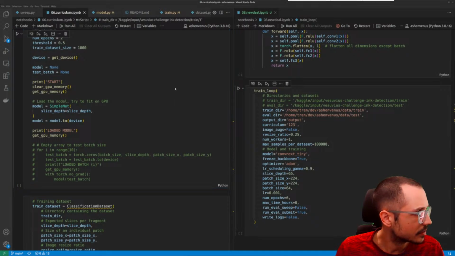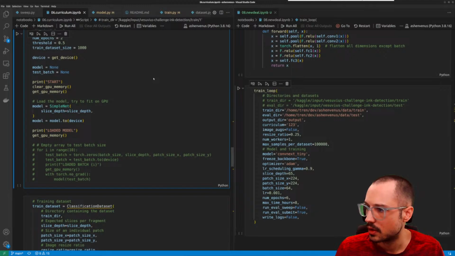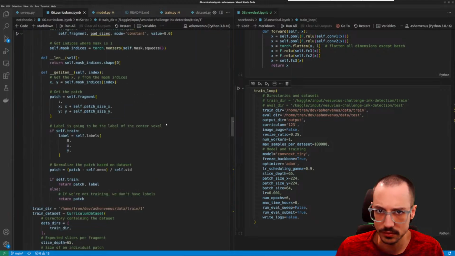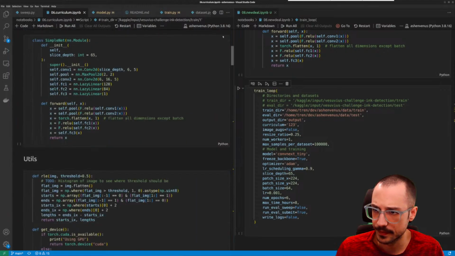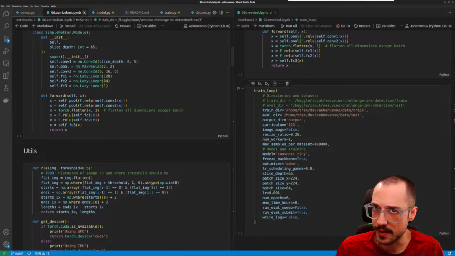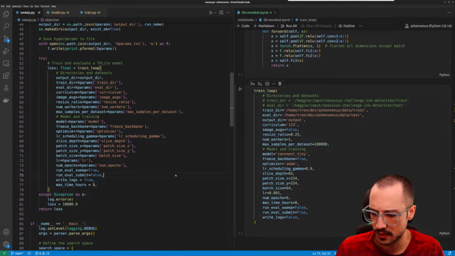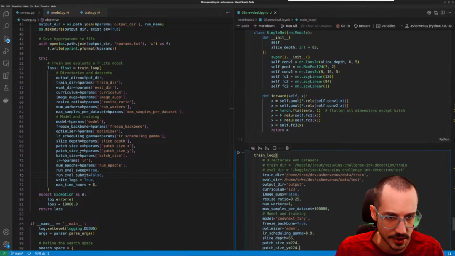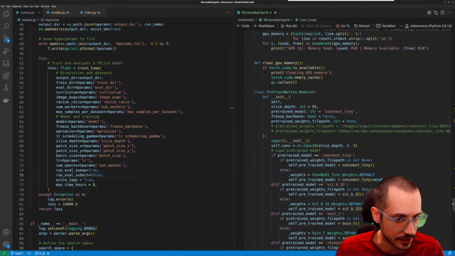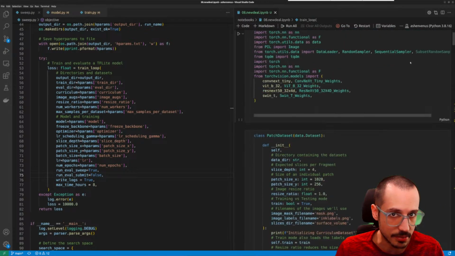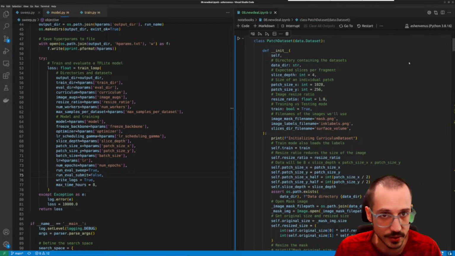Something is running. All right, see you later. And let's see if we can just run this code here, right? Debug it before we put it into